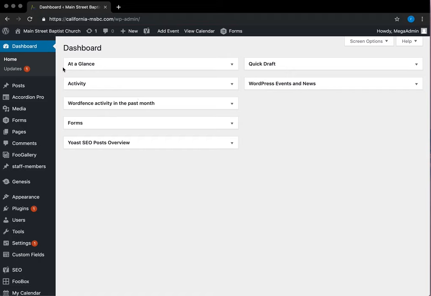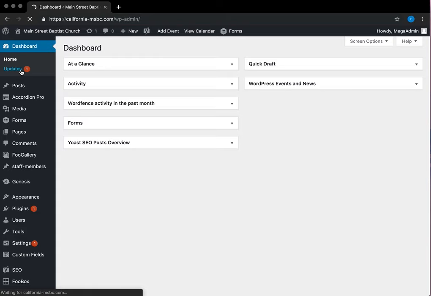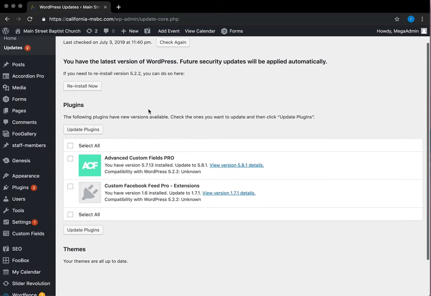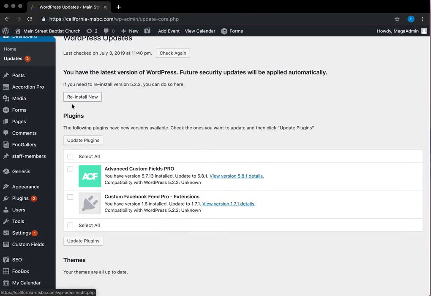First thing we will look at is how to make updates to plugins, and then the rest of the video will go through these items as they pertain to your site. So with the updates, we have a process where we will make all the updates for our clients, but if you notice that something's going on with your site and it's running slowly, you can come here to troubleshoot first. Go to updates, and as you can see, these two here